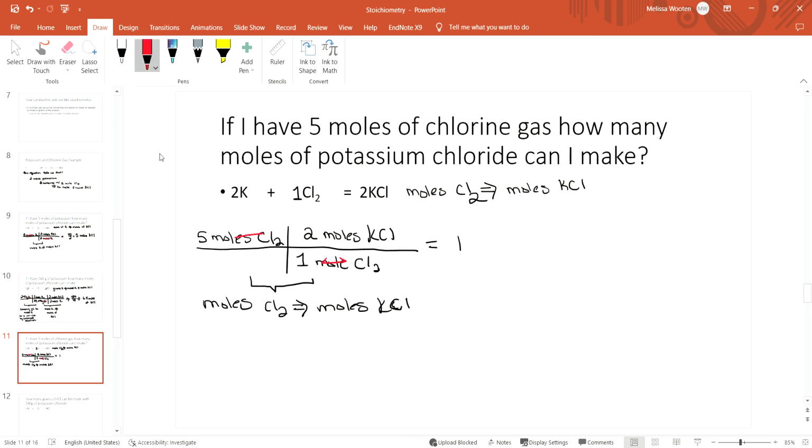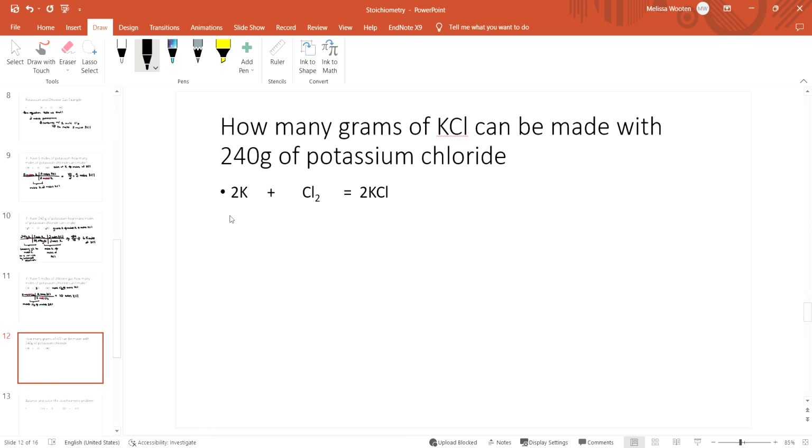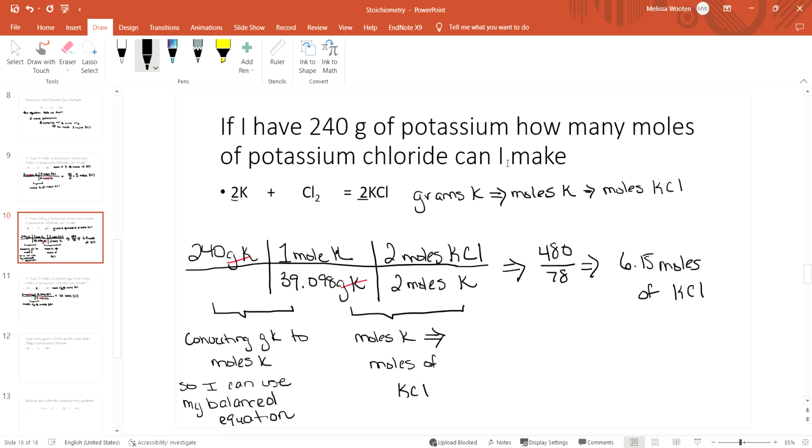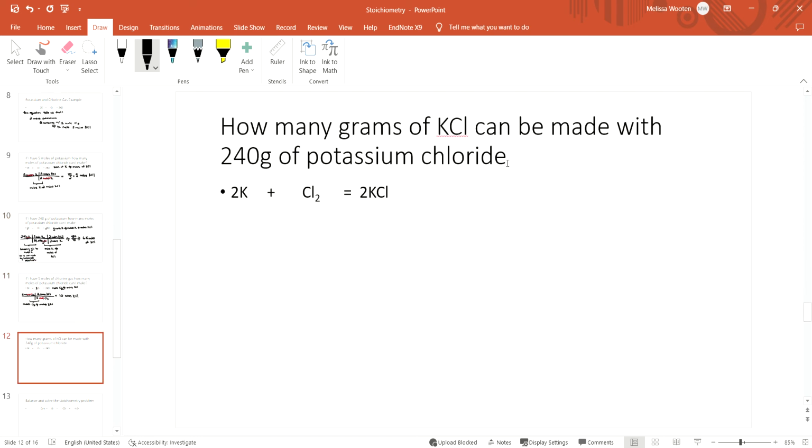We got 10. So we're going to get 10 moles of KCl. Right? So this should say, with 200, didn't we solve this already? 200. I see what's going on. Okay. So before,